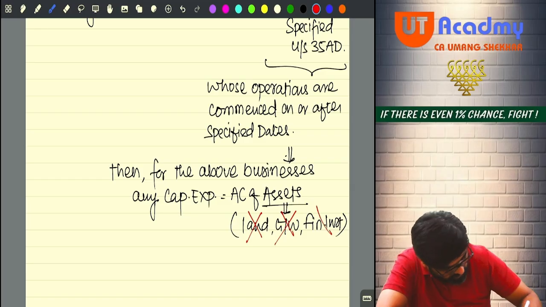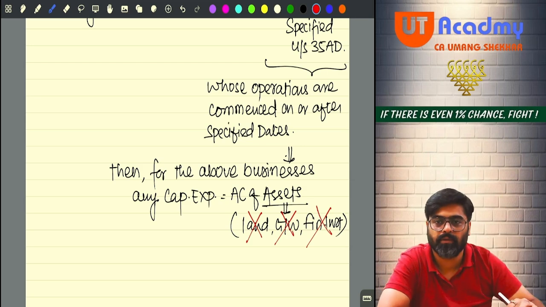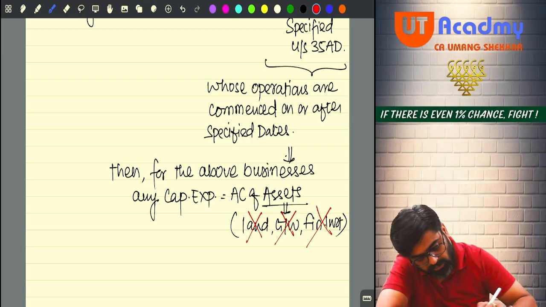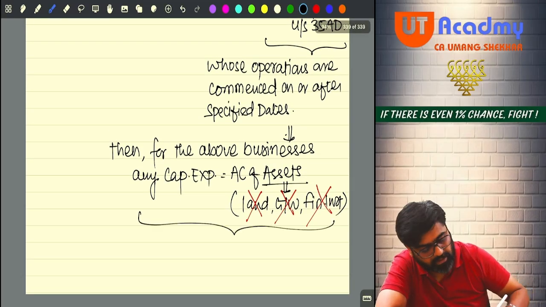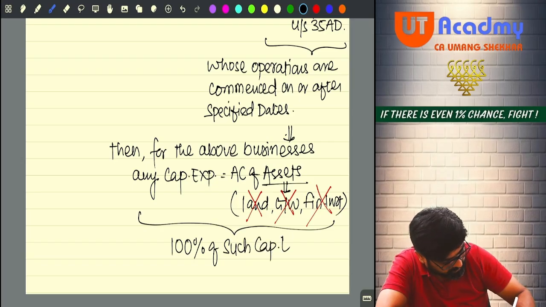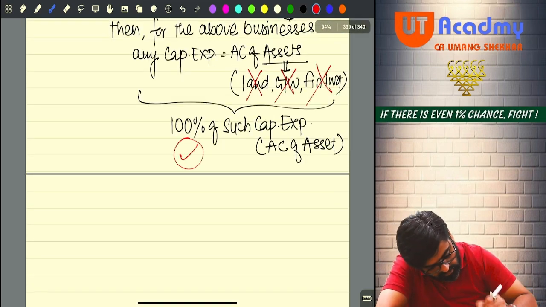Other than these three, any asset you acquire for this business. Yes or no? That entire capital expenditure, 100% of such capital expenditure, or you can say actual cost of asset, shall be allowed as a deduction